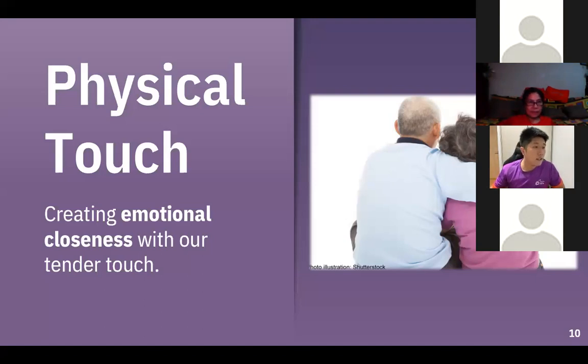And I see here that many of you are agreeing with me that it happens a lot in the elderly home. Cool. And Vivian is correct to mention that you need to ask for permission. So before you put your hand on their shoulder or whatever, you just say, uncle, auntie, is it okay that I just rest my hand here for a moment? Make sure that they are aware of what you're doing, because it is very sensitive when it comes to body to body contact.